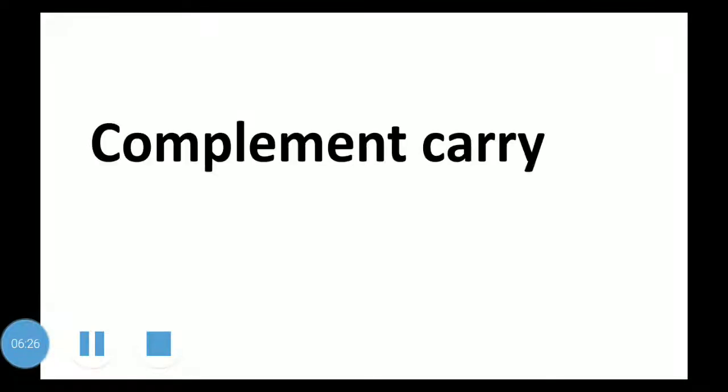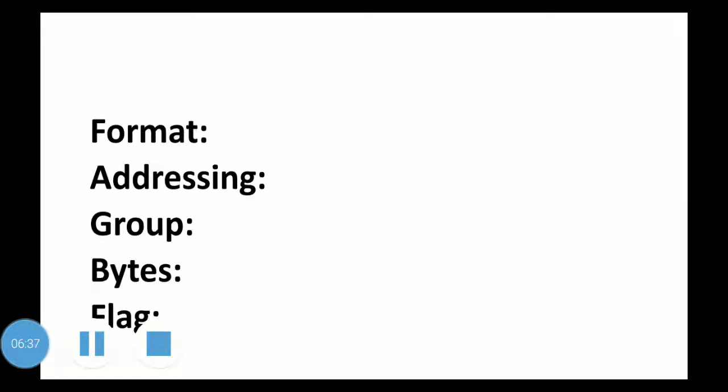It means complement carry. CMC means complement carry.